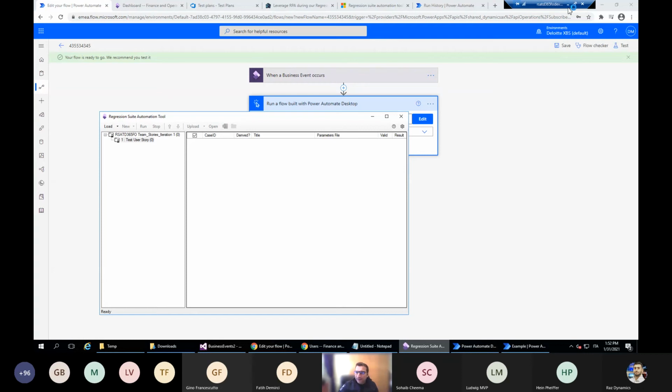RSAT can upload a file. I understood that I can use Power Automate to record uploading a file in the C files, and then I can run the test case. Yeah, by RSAT. Yeah, well,